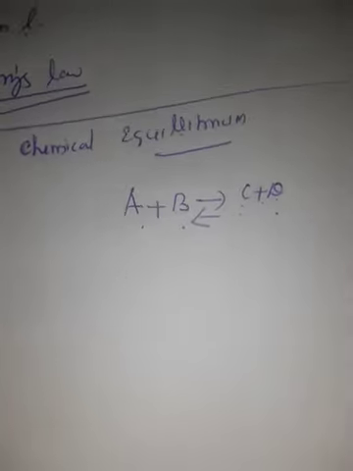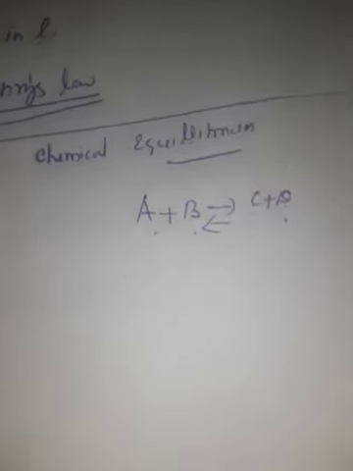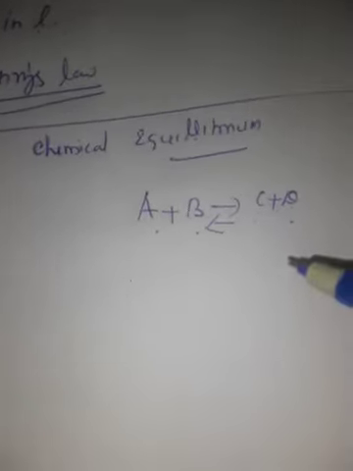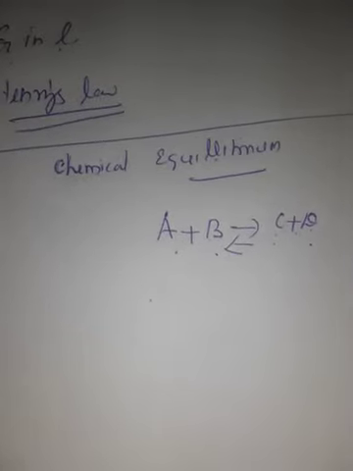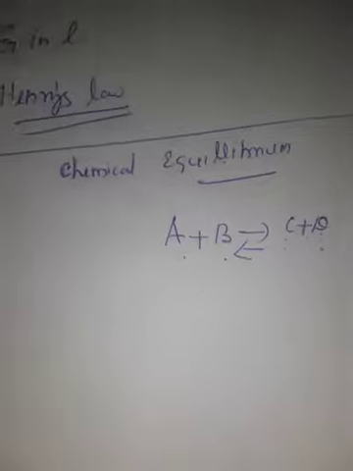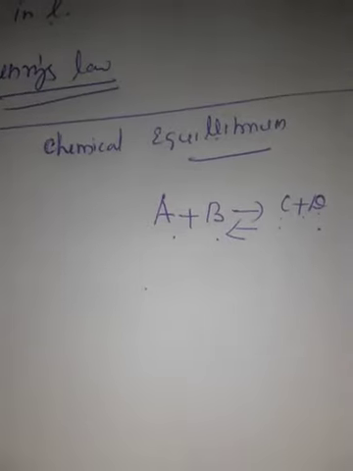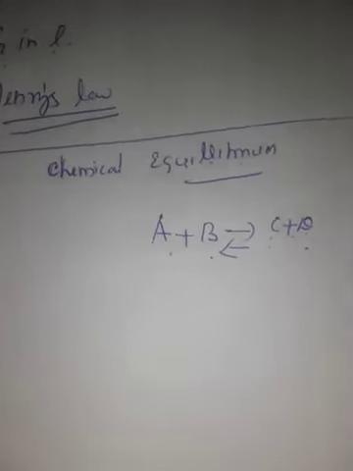If the reverse reaction increases, the rate of the forward reaction decreases. Then eventually, after some time, the rate of forward as well as the rate of backward becomes equal,